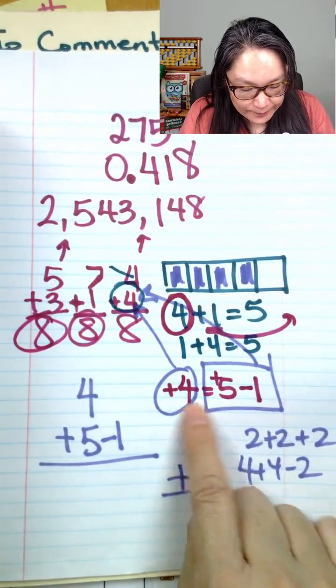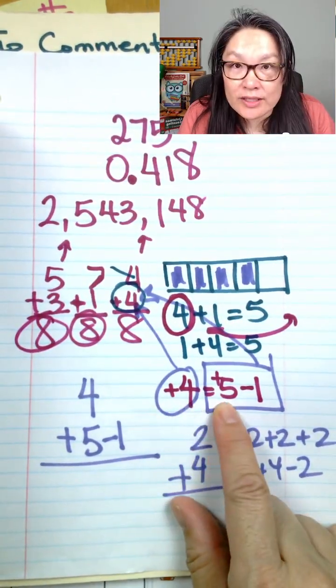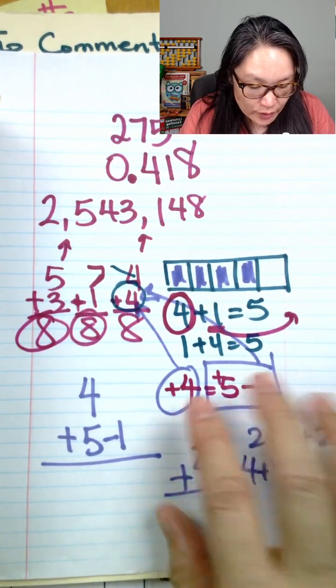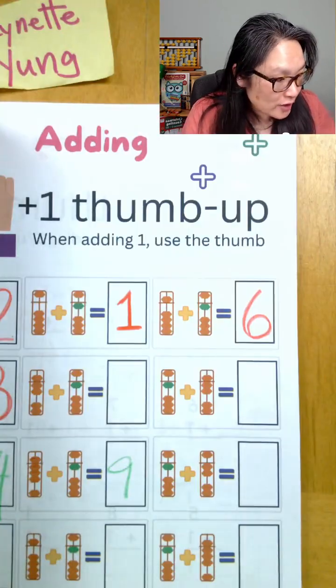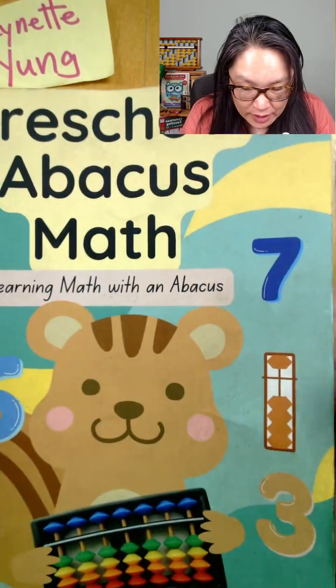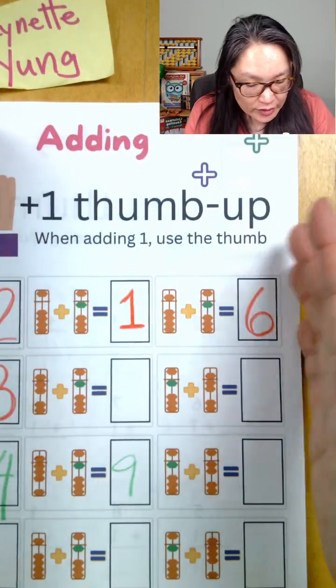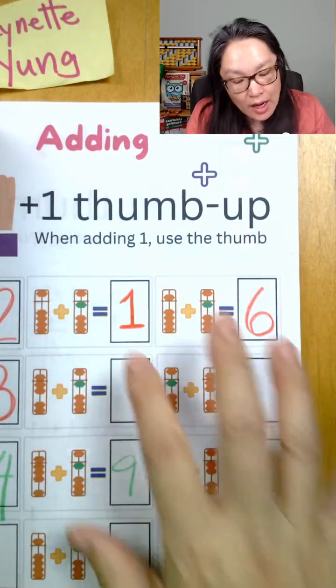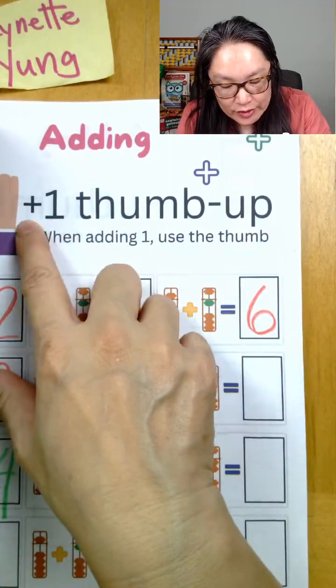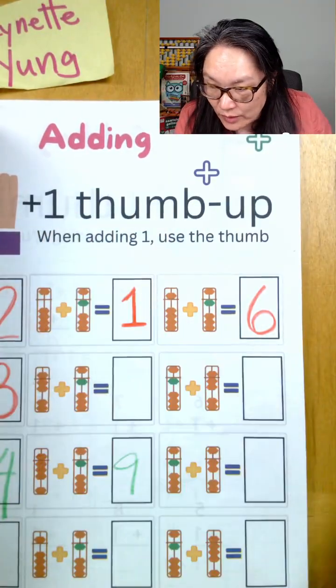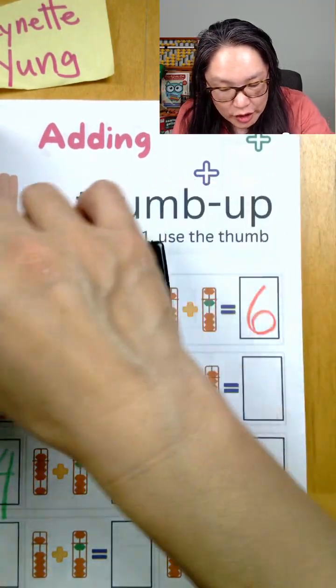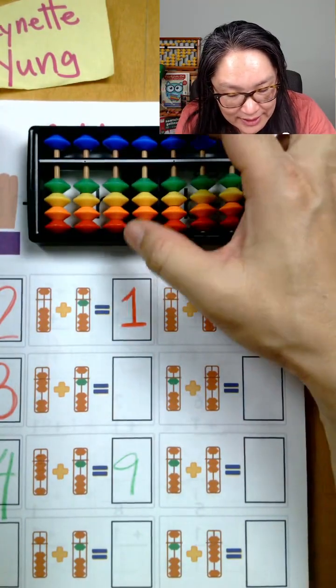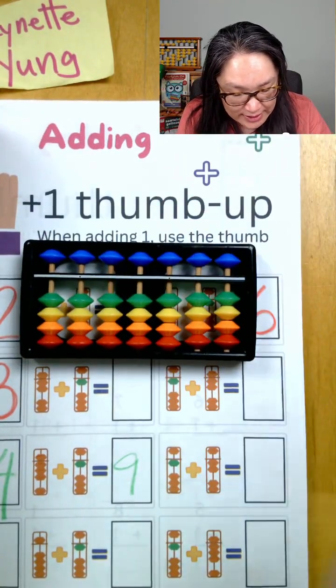This is a formula. Plus the 4 is equal to plus the 5 minus 1. That's a formula. We get to a point where we start to utilize it. But for this beginning book, the Preschool Abacus, and all the other beginning introduction books, I separated it to just be able to look at the added. That's the reason why I wanted to only focus on the second add-in so that it's easy for the kids to see